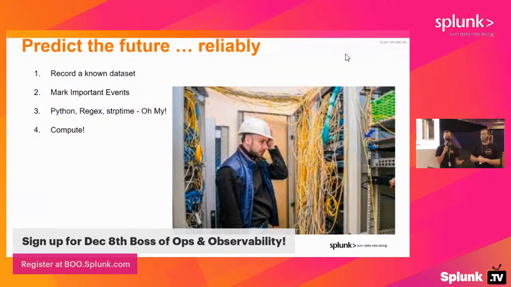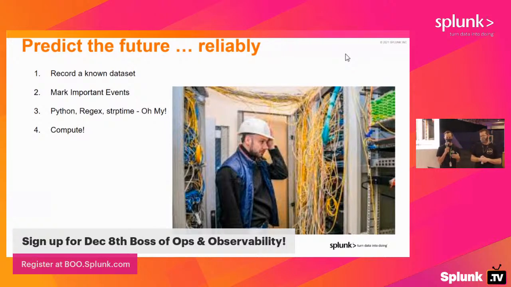But if you're a gamer playing this game, you're going to be playing maybe next week on December 8th. And we want that data to look like it's playing out for you in real time, not that it happened way back in August. So we run a couple of Python scripts, write a couple of regexes, do a lot of finding and replacing on those timestamps. And now we're able to present that data to you as if it's coming out in real time.